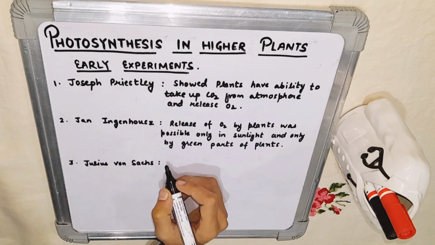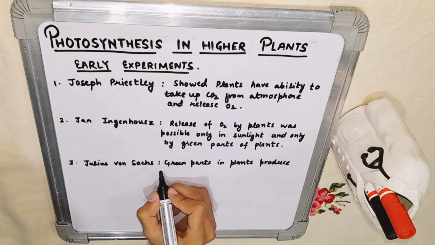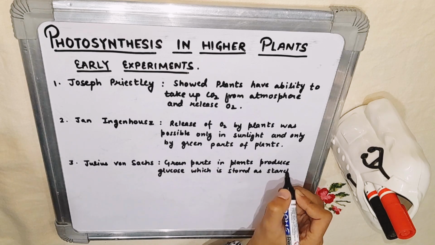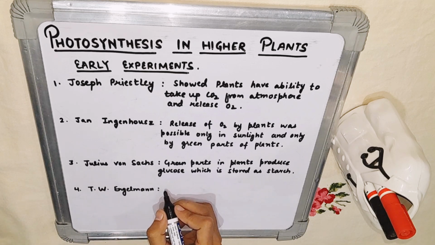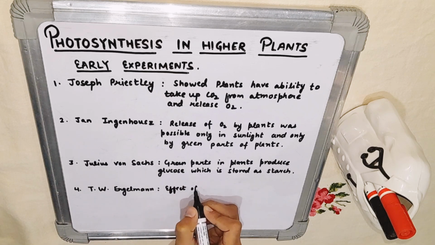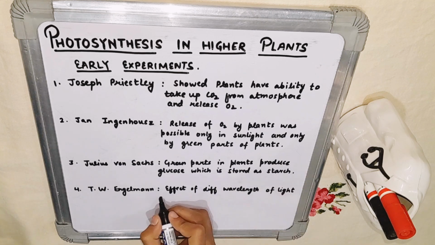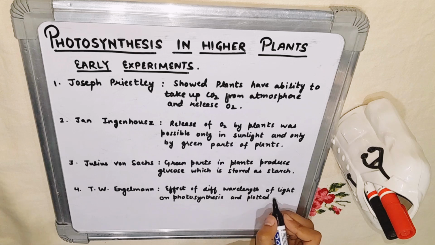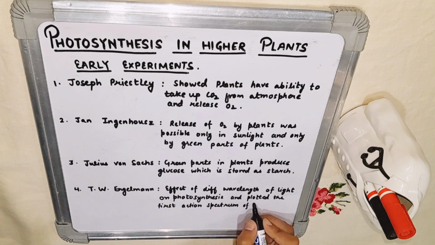Third is Julius von Sachs. His experiment concluded that green parts in plants produce glucose, which is stored as starch. Next experiment was the T.W. Engelmann experiment. He showed the effect of different wavelengths of light on photosynthesis, and he also plotted the first action spectrum of